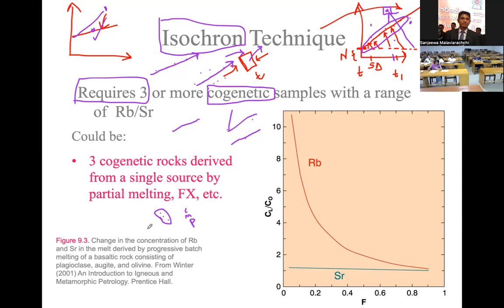The original rock contains some amount of rubidium, and some amount of strontium also, because at the time of crystallization there should be some strontium as the initial amount. So if we take these three minerals separated from the rock,